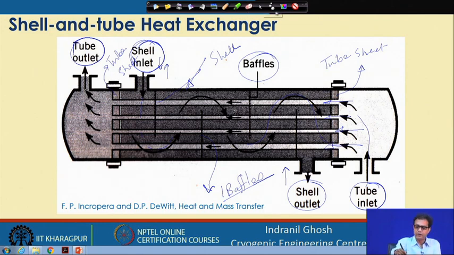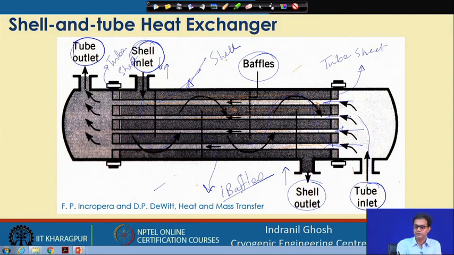So, if these baffles are not there, if we imagine that we have removed this baffle, what will happen? This shell side fluid will come in and it will flow like this in parallel, or in a counter current configuration if it is entering from this end, and this will be flowing onto this side through this annular space and it will come out. So, it will basically be a counter current or parallel current arrangement,